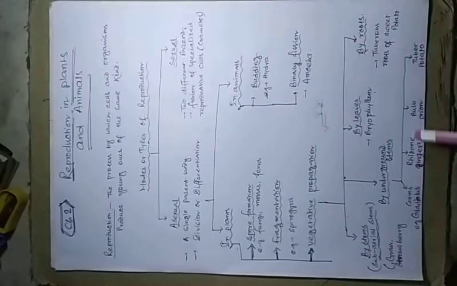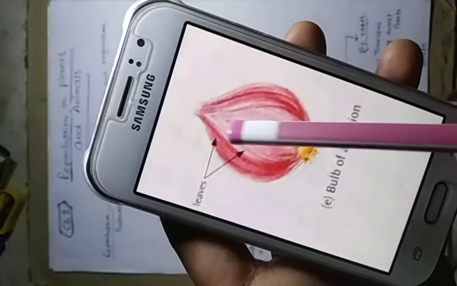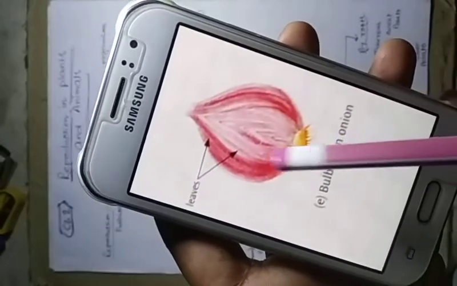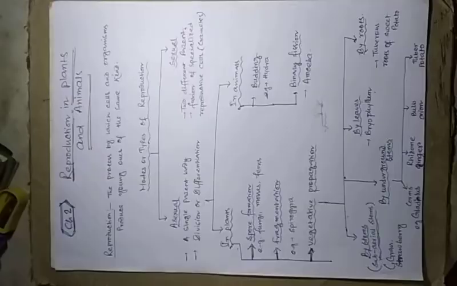Okay, now students, come to bulb. First you see the picture, students. So this is an onion and these are the bulbs, meaning leaves. Okay, so these are bulbs of onion. So now you can watch it. So what you can understand, it is a spherical underground stem, okay, with fleshy leaves attached to it. Okay, so this bulb contains an apical bulb and a lateral bulb. These apical bulbs produce leaves and flowers, whereas the lateral bulb produces new shoots, for example onion.